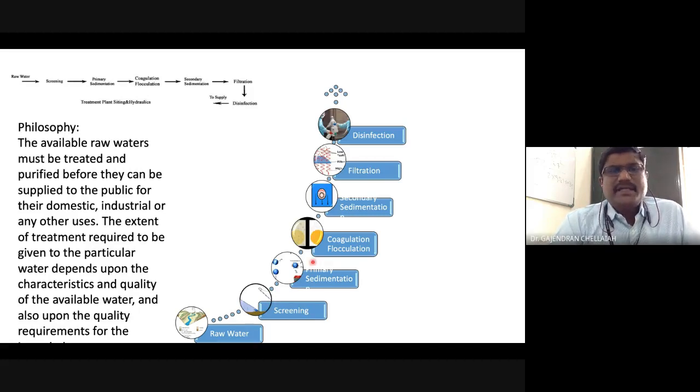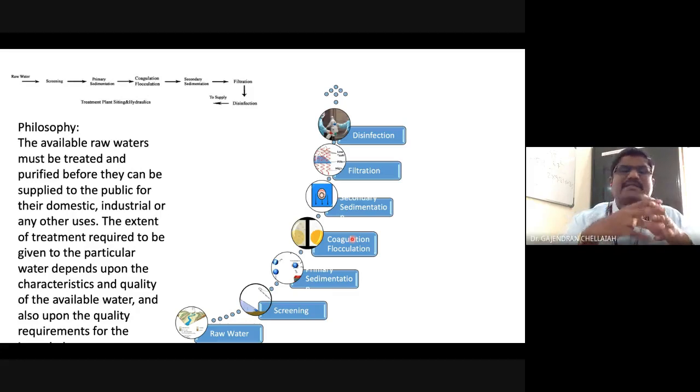In primary sedimentation, the settleable particles coming under type 1 and type 2 settling will be taken care of. I believe you know the types of settling, and if not, no problem, we will recall those things also. We have 4 types of settling, type 1, 2, 3, 4. Normally type 1 and 2 will settle. The particles present in the water will settle by their own weight, because the specific gravity of the particle is greater than the specific gravity of water, so it settles by its own force using gravitational force.